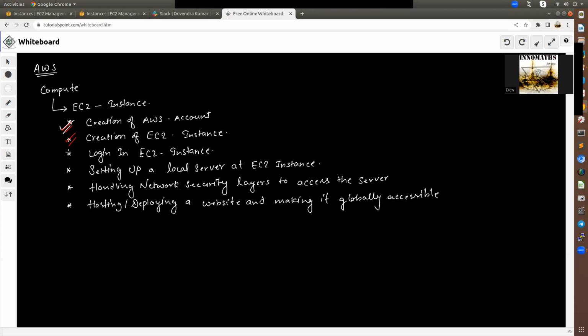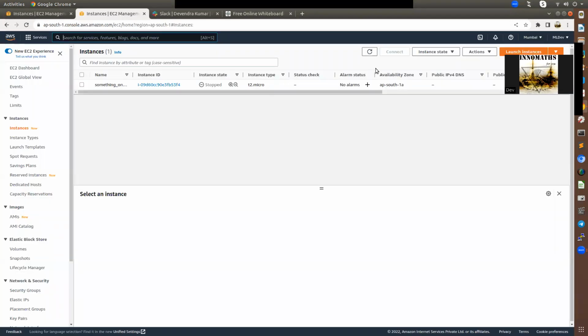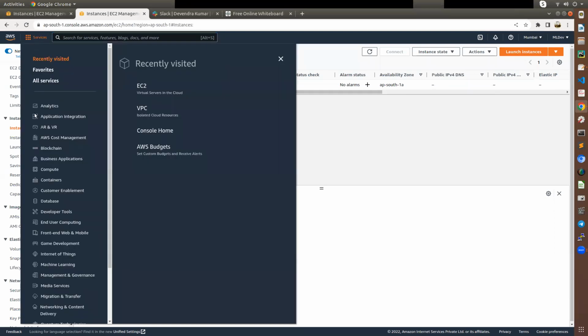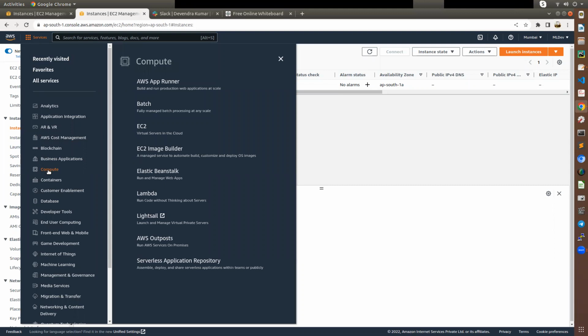Then today we'll see how we can log in to the EC2 instance, whatever instance we have created. Although I'll also cover how we can create the EC2 instance quickly. So to create an EC2 instance, you need to first log into your AWS account, and then you need to go to services, and here you'll choose compute, and in compute you'll